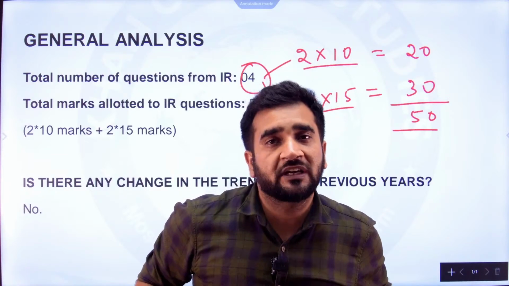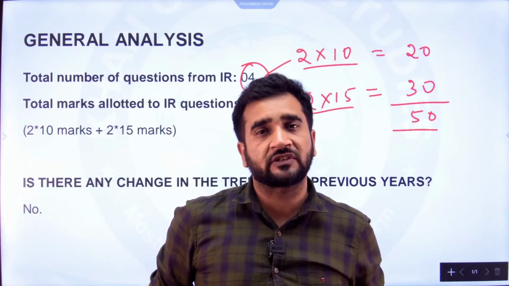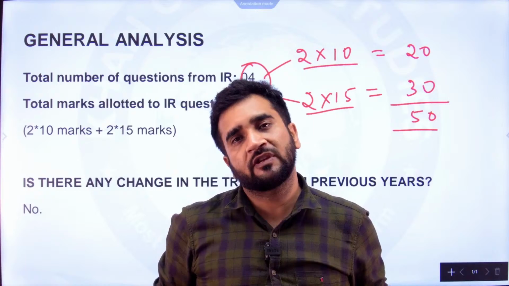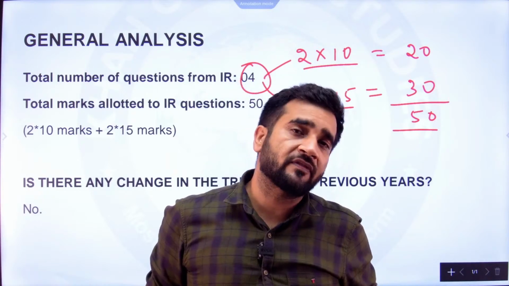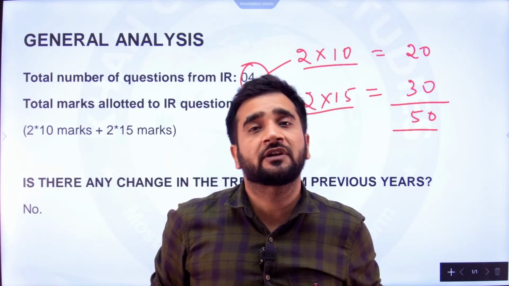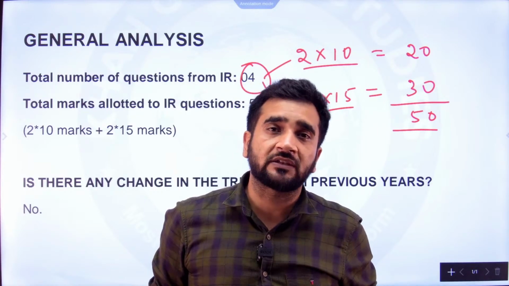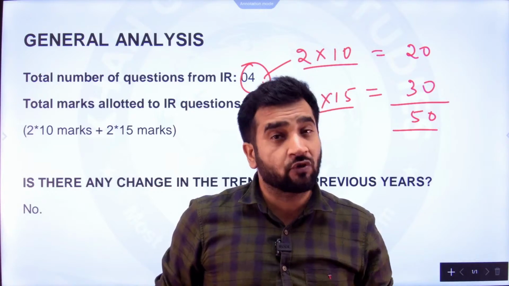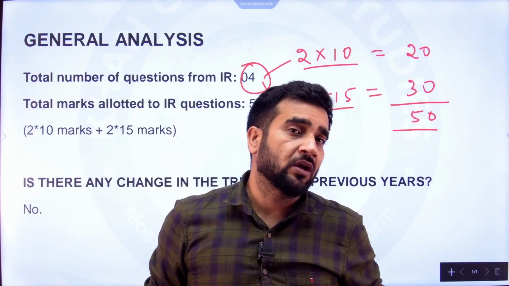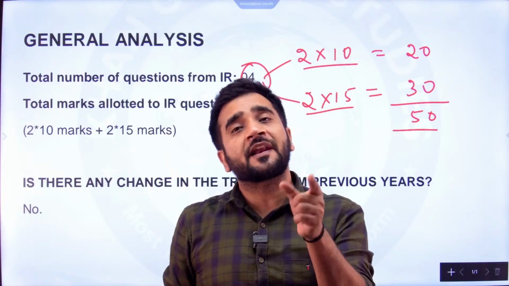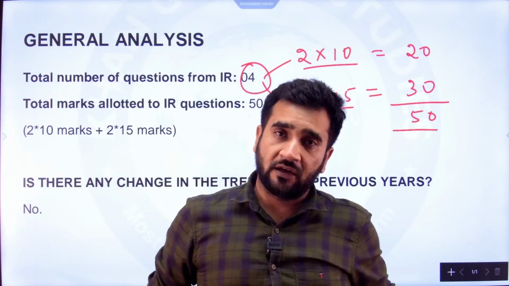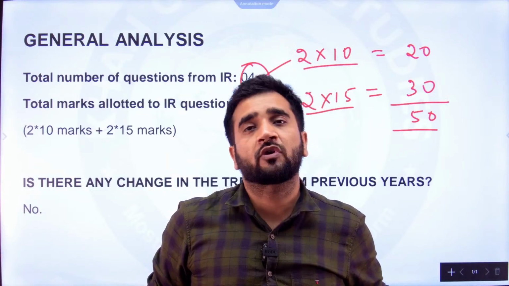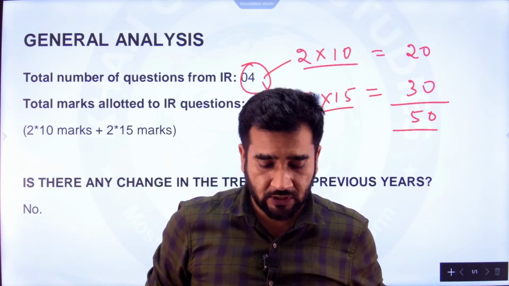There can be a possibility where there will be a reduced number of questions from this segment. So don't get disheartened. And if the number of questions reduces from this segment, the number of questions from some other segment in GS2, like polity, governance or social justice, may increase. So you have to be equally well prepared for those segments as well if you want to get selected. There can also be a possibility that there are more questions from IR next year or the year after. So the number of questions from other segments may reduce.